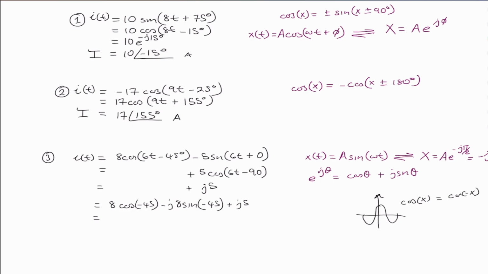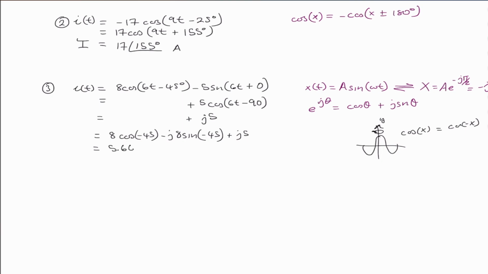Because when we rotate that across the imaginary axis, or the y-axis, my bad. If we rotate that across the y-axis, we'll get the same cosine. So cosine is even. So this is going to equal to